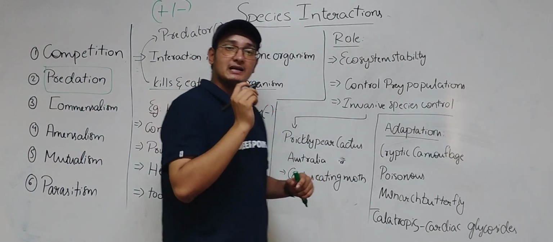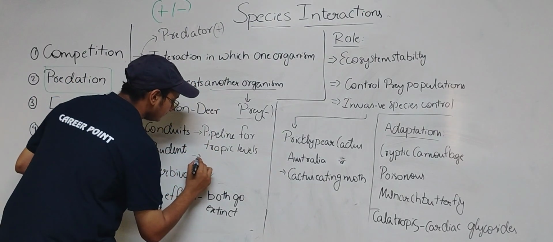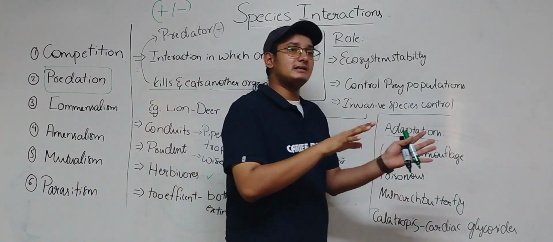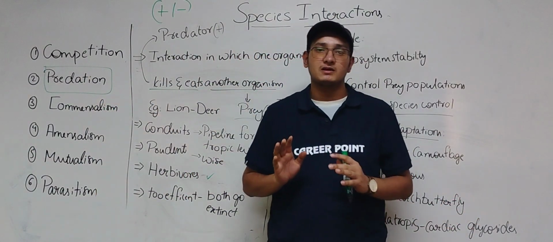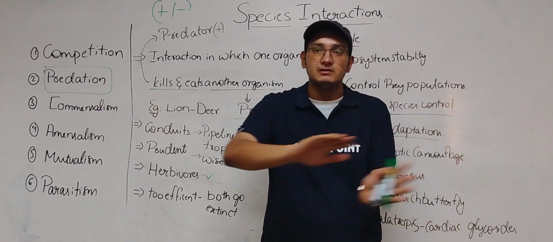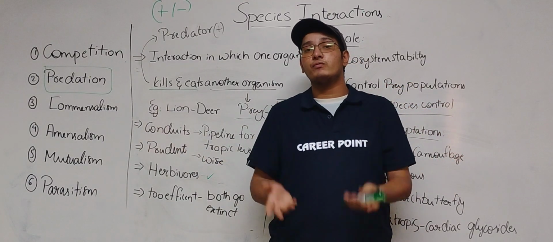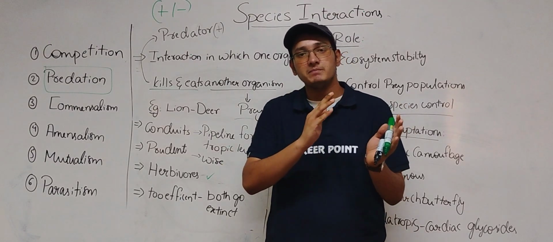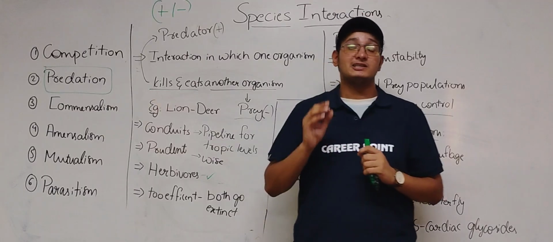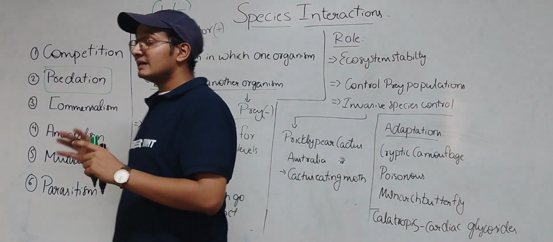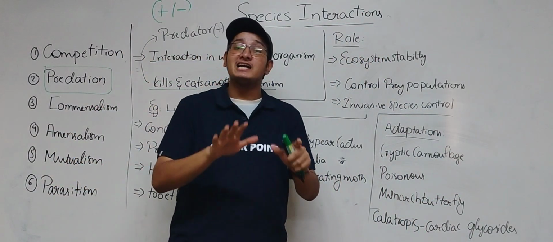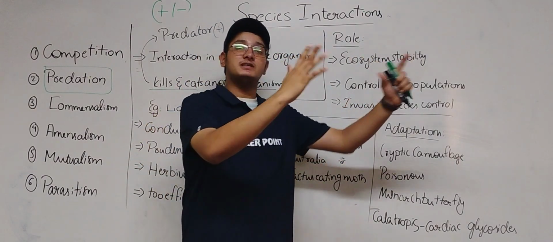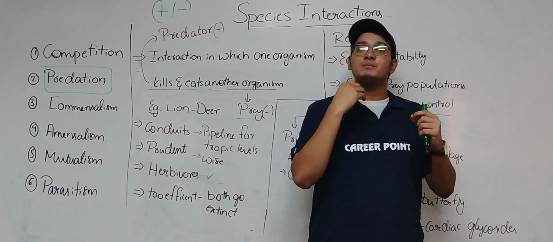Remember, prudent means being wise. So what happens if all the deer are consumed by tigers or lions? The complete population of deer will become extinct, and now there is no food for lions. What will happen? After some time, even lions or tigers will become extinct. So they know this fact, and in order not to become extinct, they act wise. That's the reason why, even if hundreds of buffaloes and hundreds of deer are present in a forest, they don't eat them for every meal.